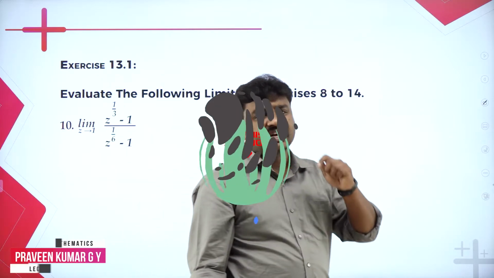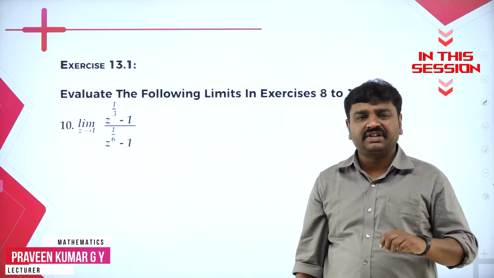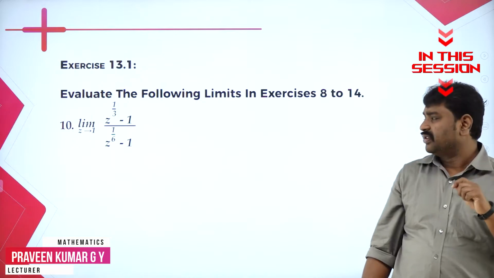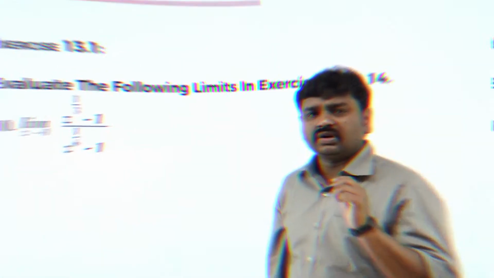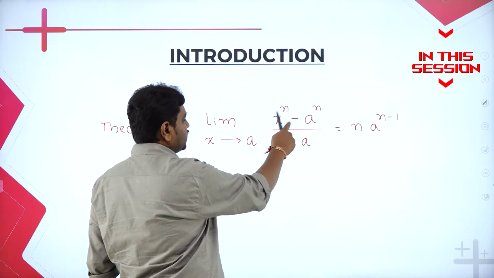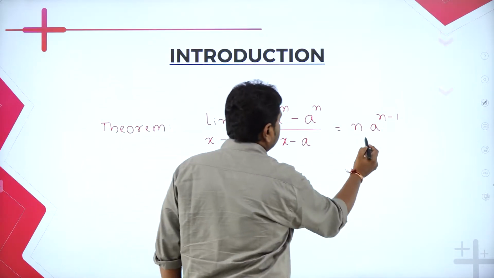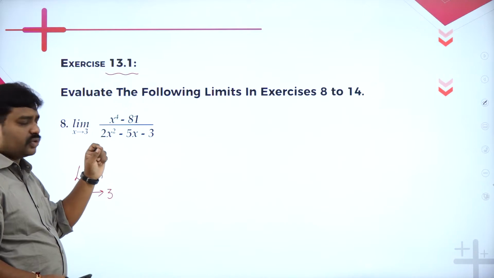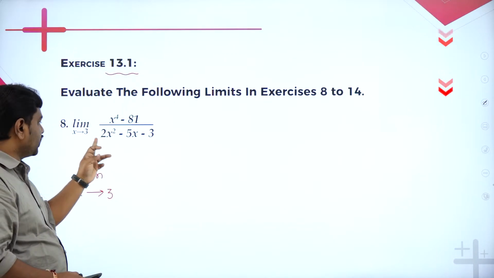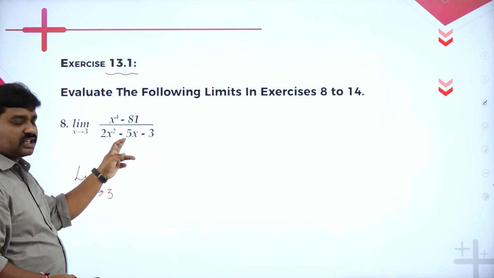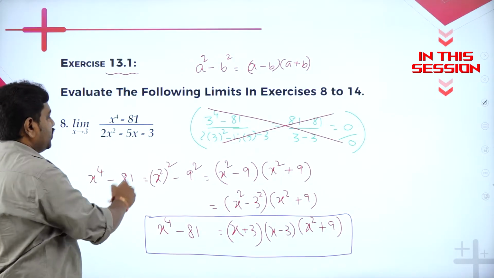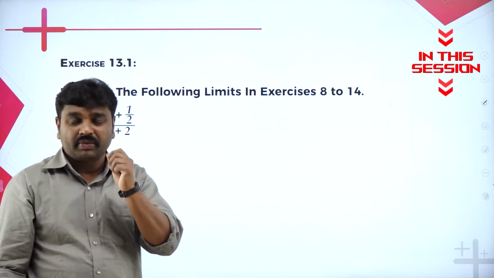Numbers. The powers are fractions. Powers are rational fractions, so they are rational powers. Therefore, the base is same. So if the problem is in this form, you can write the answer as n into a power n minus 1. 81 minus 81 becomes 0. Denominator 3 square 6, 6 2 is 18. 18 minus 15, 3. 3 minus 3 is 0. So the students repeatedly we factorize the numerator, then we factorize the denominator. Then suppose in the place of x, if you put minus 2, it becomes 0 by 0.